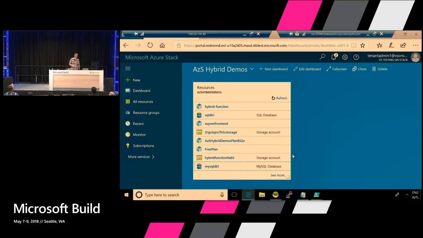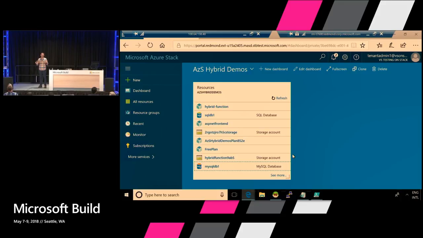All right, so consistency. What I have here, I'm connected to one of my demo environments, and you are looking at the Azure portal in Azure Stack.